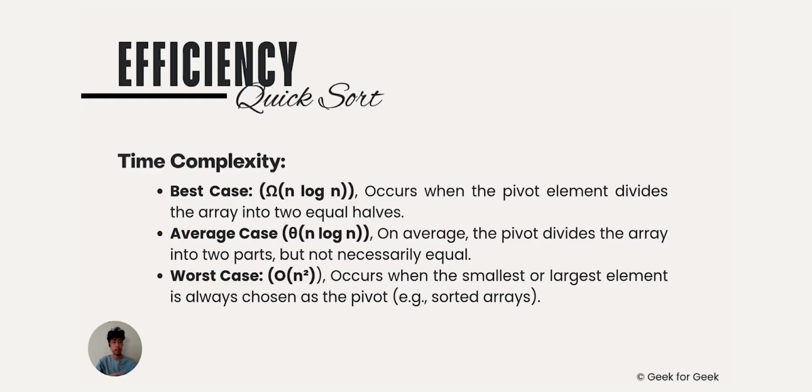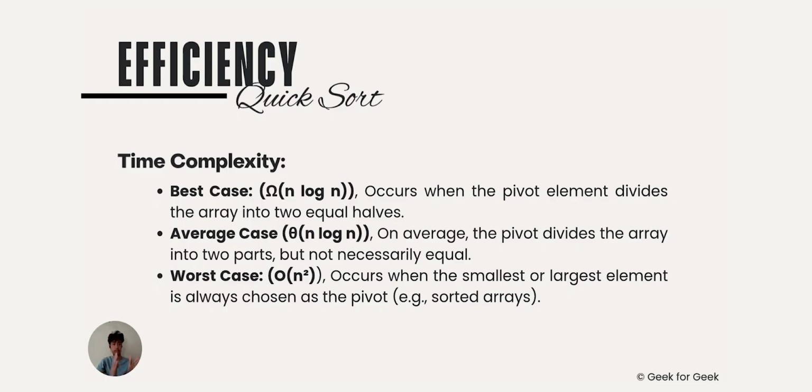What does this mean? In the best case, each pivot chosen divides the array into two equal or nearly equal halves. That means each level of recursion does O(n) total work for the partitioning process, and the recursion depth is O(log n) since the array keeps